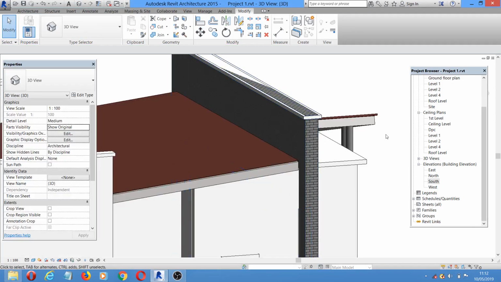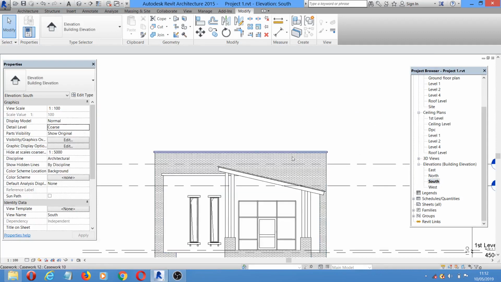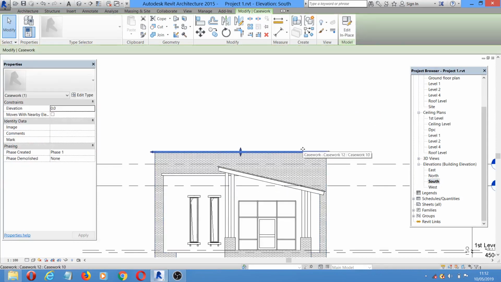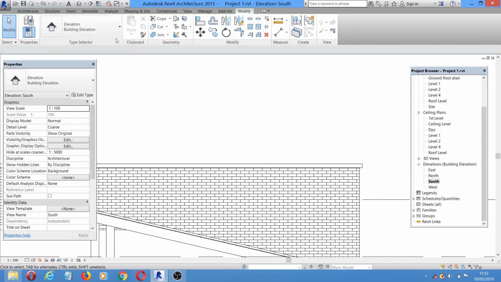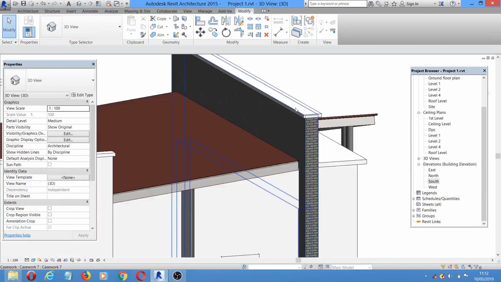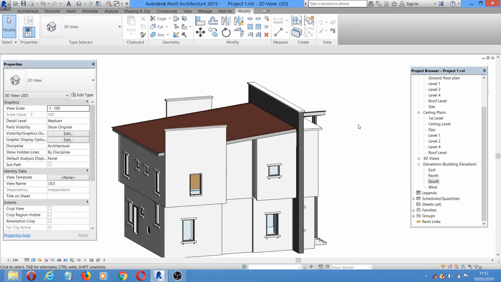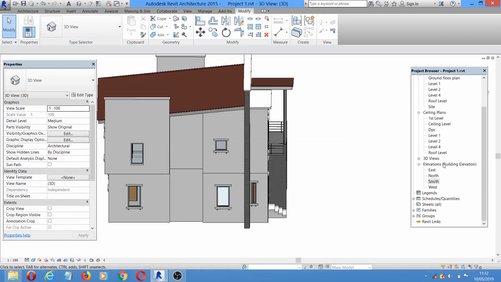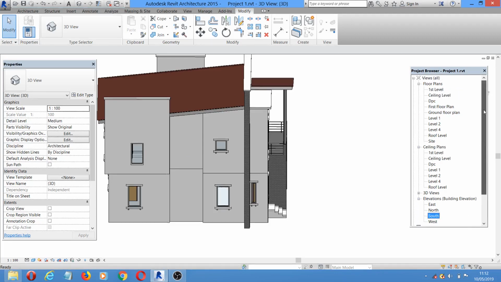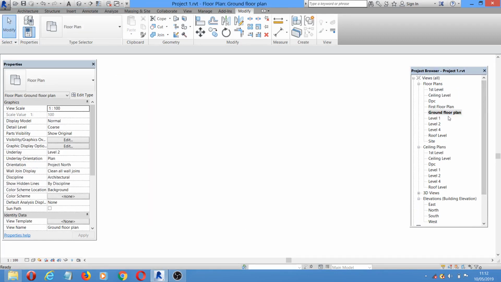All right, so that is that. We have to move this one up a little. Let me use the arrow key to move it up so that it will not show at the top. Okay, it is nice. All right, the next thing we will do now is to create the